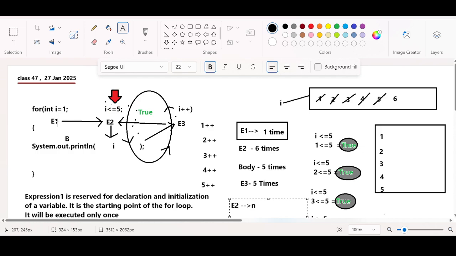Right? So this is the basic understanding about the for loop. You have expression 1. You are just understanding the control. The moment we start doing some problems, you will understand this much better. So let me give you a simple problem. I want you to write a program like